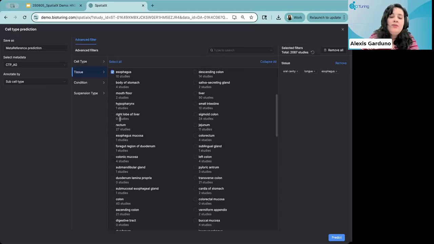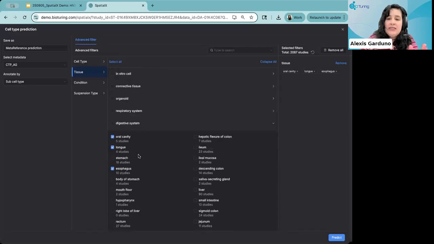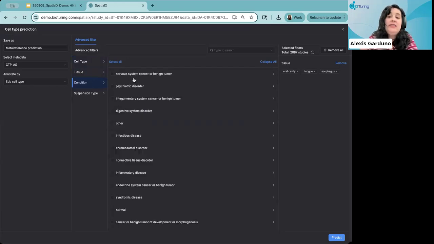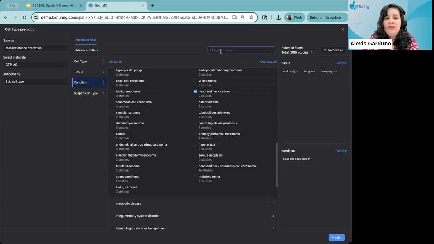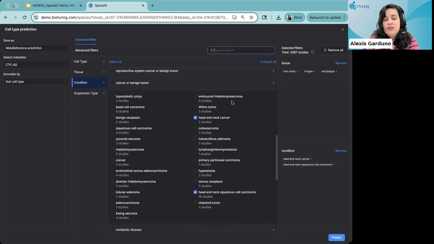So you're able to select what tissues you would be focusing on, as well as what condition or disease model you're actually analyzing. That's where we can add head and neck, and you can add those specific studies relating to your sample, so that you're able to pull in public studies from the database that are specifically focusing on the same